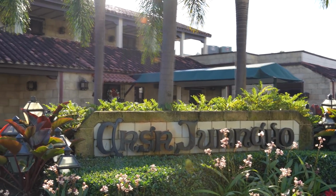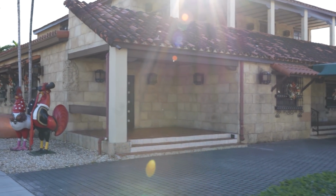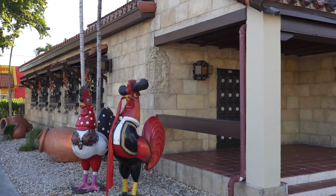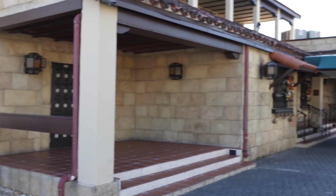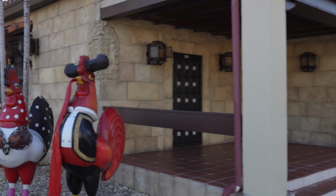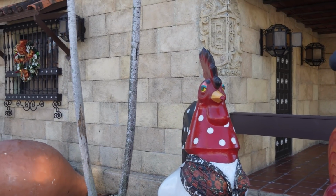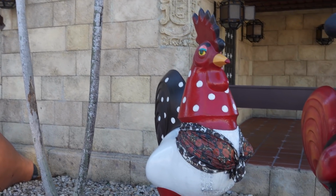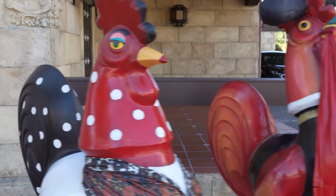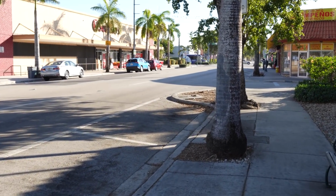This is what we call Casa Wancho. And it's a restaurant over here in Little Havana. And see how creative these roosters along 8th Street become? A lot of plane traffic you're going to hear in the background because the flight path is basically aligned with 8th Street. So you're going to see a lot of, or hear a lot of plane traffic along this route